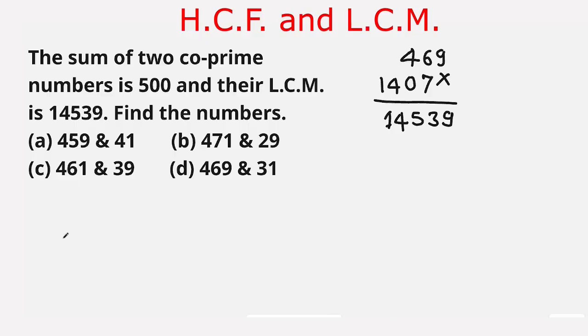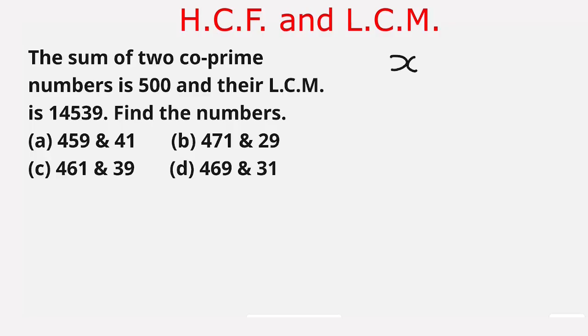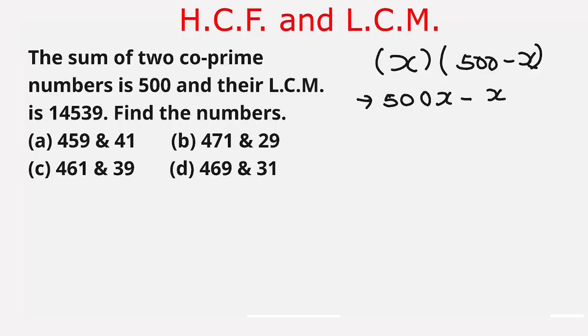But we will solve it by the regular method to understand how to solve such types of questions. Let one number be x, then the second number will be 500 minus x. Now their LCM is the product of these numbers. So we multiply these numbers, 500x minus x square, and it is given that this is equal to 14,539. So rearranging these, we get x square minus 500x plus